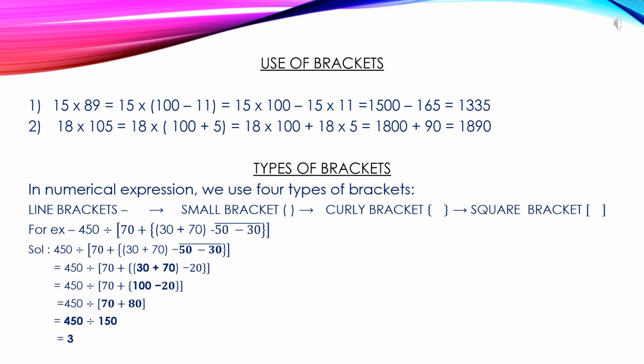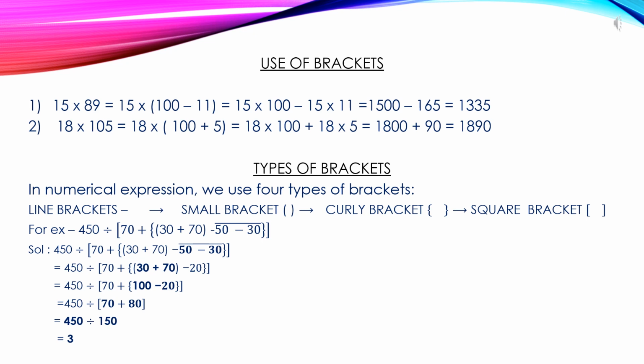Use of brackets. We use the brackets to make our calculation easy. Let's understand with the help of an example. For example, 15 multiplied by 89. Here we replaced 89 by 100 minus 11. Then we will get 15 multiply bracket 100 minus 11 bracket close is equal to 15 multiplied by 100 minus 15 multiplied by 11 is equal to 1500 minus 165 is equal to